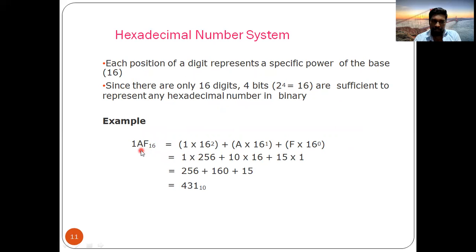See here, if the hexadecimal is taken, then what will be the scaling factor here? Base power n. Base means 16, n means the bit position. So 16 power 0, 16 power 1, 16 power 2. Okay, what is the value of F? 15. So 15 into 1. What is the value of A? 10. So 10 into 16. And 16 square is 256. So if you add this, you will get 47 as the answer. Okay, remember that. You should remember the alphabet values. A means 10, B means 11, C means 12, D means 13, E means 14, and F means 15.